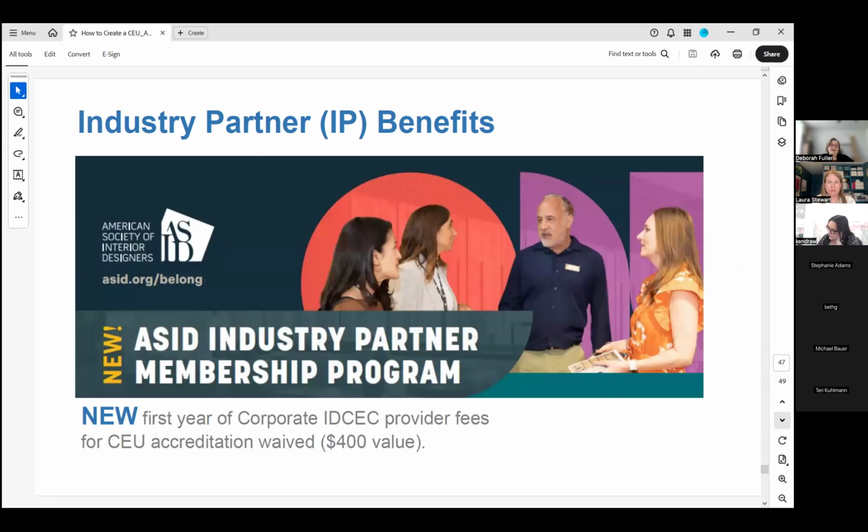Now, the good news is, and I'm going to let Laura explain this one, because this is kind of a neat bonus. This was something new that ASID headquarters is offering. They sent us some sheets that explained IP benefits for this year. And the new thing on the list was that the first year of corporate IDCEC provider fees for CEU accreditation is waived. Now it says $400 value on that, and I think that's because